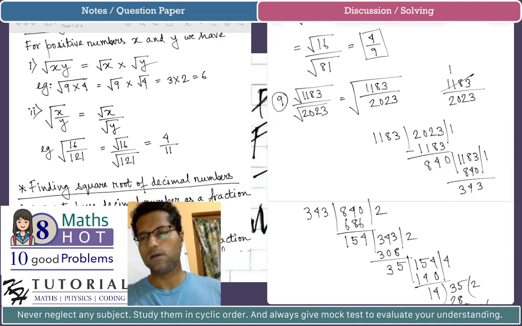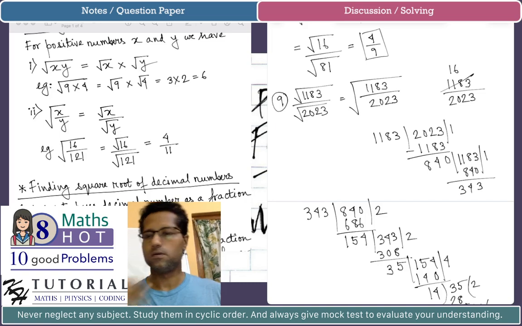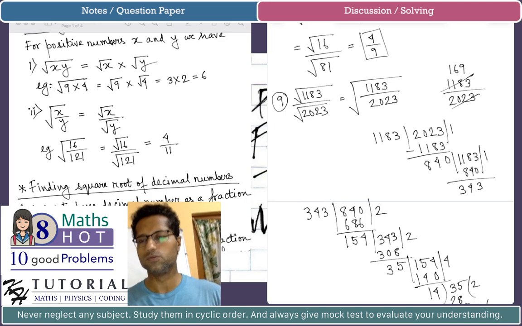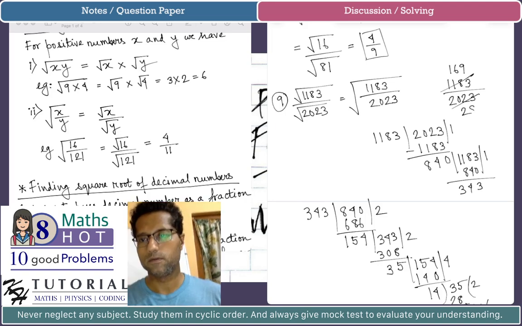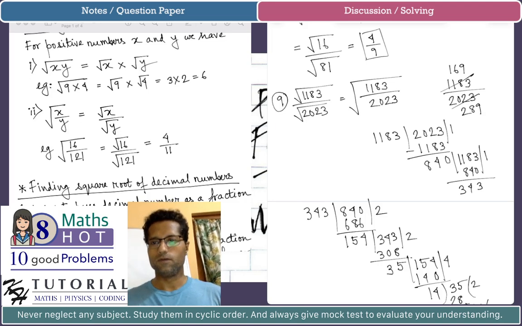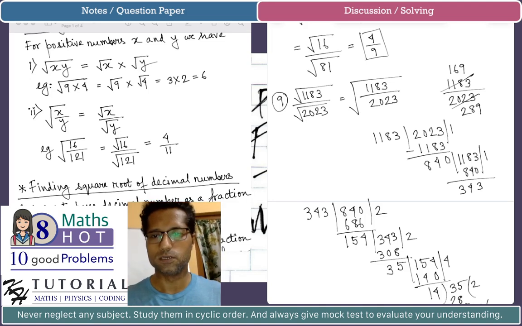This is 1, 48, 6, 6. What? 1, 4, 48, 42, 63. 169, and you divide by 7, 2023, it is 7, 2, 14, and 6, 62, 8, 56, 63, 9. So 169 by 289. Okay, so this is equal to